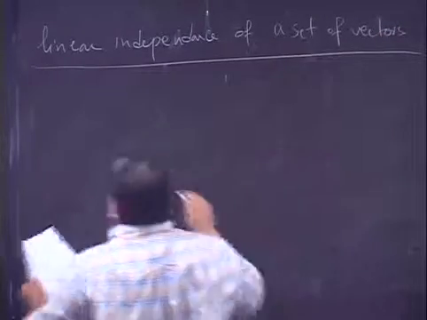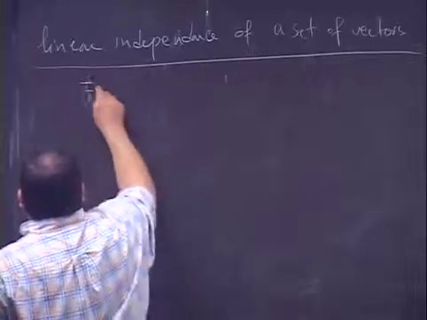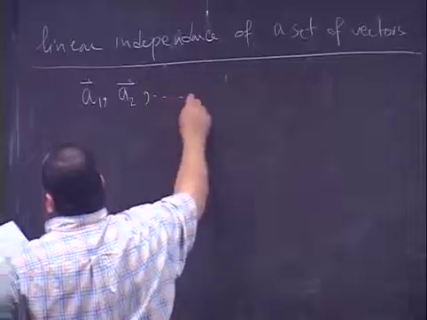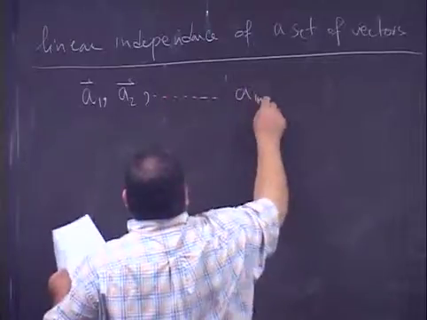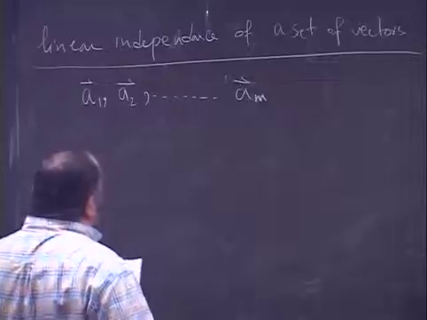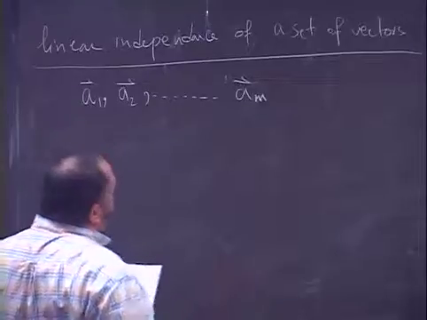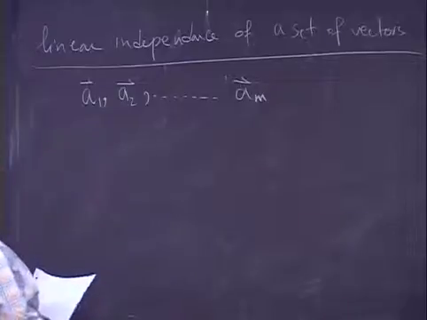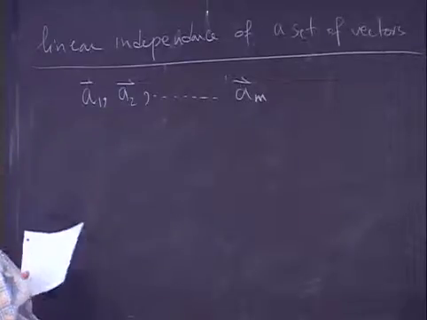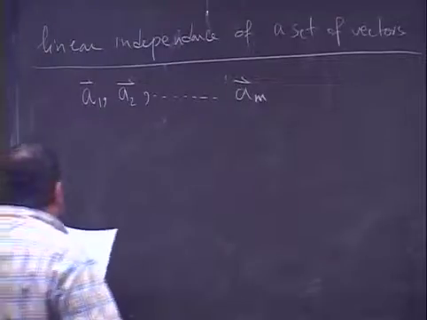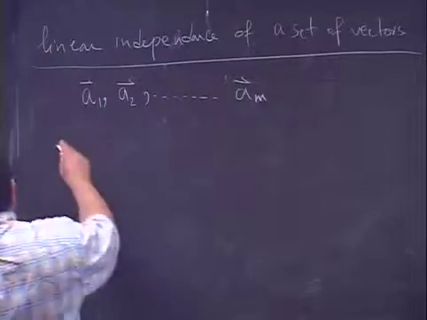If we have a set of vectors A1, A2, up to Am, all with the same number of components. Let's say if we're talking about real vectors here in real Cartesian coordinates, for example, they will have 3 components and so on. So A1 up to An. The vectors will be linearly independent